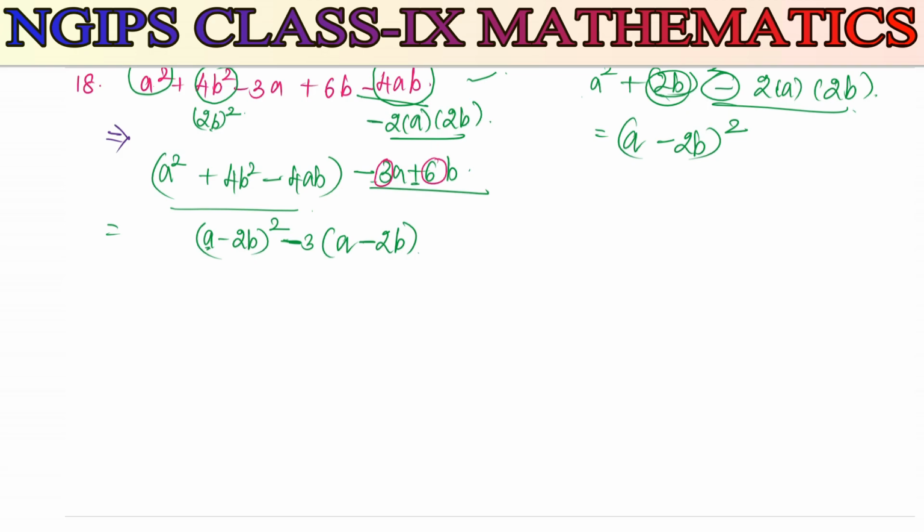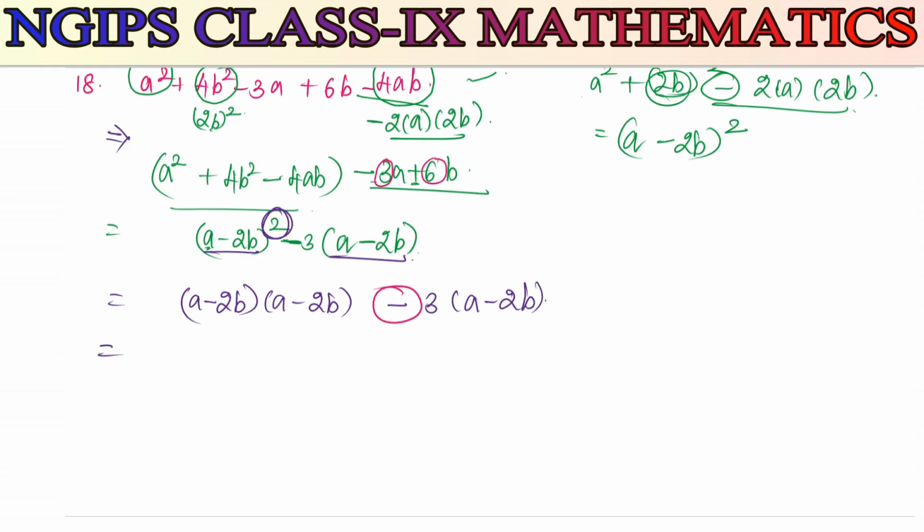Okay, now here further if we simplify this, we have a minus 2b, and here also a minus 2b. You have square, right? When you have square you can write the terms like this: a minus 2b into a minus 2b minus 3 into a minus 2b. Now here this sign is going to divide the terms. So totally you have 2 terms. From these 2 terms, a minus 2b is common, so the leftover quotient we have to write in a bracket. I took 1, the leftover here a minus 2b. Here also I took this value common, the leftover is minus 3. So these are the final factors.